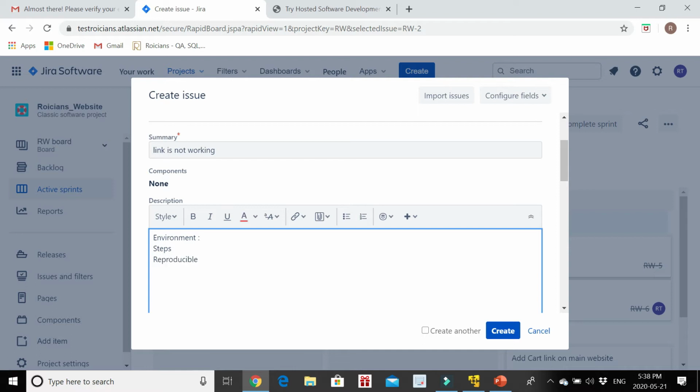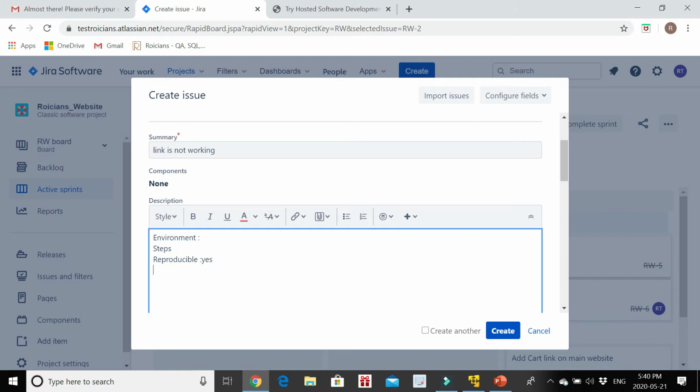Guys, reproducible means if I follow the same steps, whether this defect will come again or not. Sometimes there are some defects in which maybe a network issue is there, a database connectivity issue is there. So those defects are not reproducible because maybe it comes only once. Maybe there was some network issue, that's why you got this particular defect. So all those defects which depend on the situation are non-reproducible, whereas those defects which are not dependent on the situation, meaning if you follow these steps it's gonna come anyhow, those types of defects are called reproducible defects. So you can write reproducible or not. If it is, then yes.